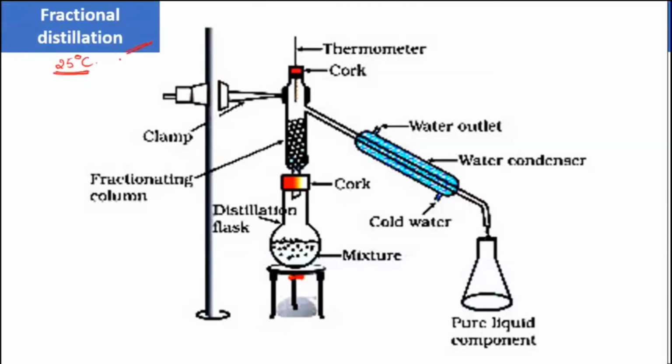There are distillations of different categories. We have normal simple distillation, then fractional distillation, and steam distillation. Different kinds of distillation are performed depending on what kind of liquids there are. If the difference in boiling point is very large, then you don't have to take this column, which is called the fractionating column. If the temperature difference between them is very large, we don't have this column.